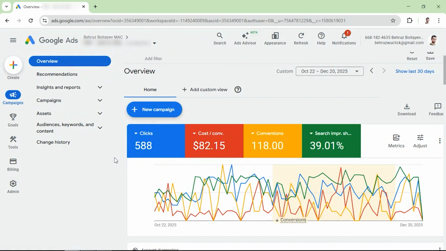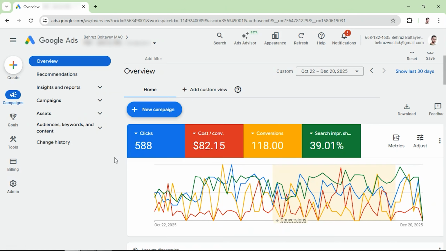So let's get started. So guys, we're in our Google Ads dashboard, and if you're a plumbing business and you're getting clicks, but those clicks are not turning into phone calls or form submissions, then in this video, we're going to go through some of the ways how you can improve your performance so you can start getting more relevant traffic, and we can see some of the ways how we can turn that relevant traffic into actual phone calls